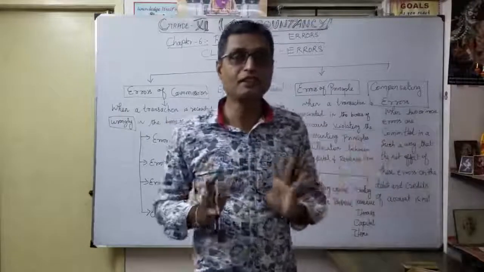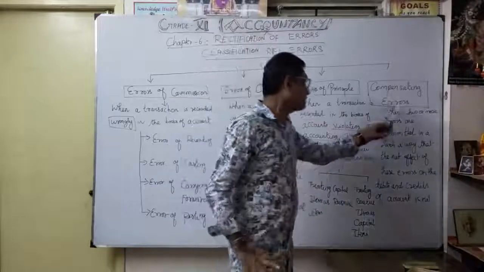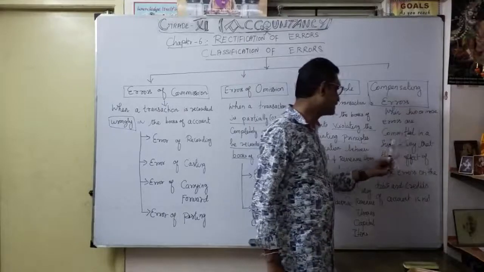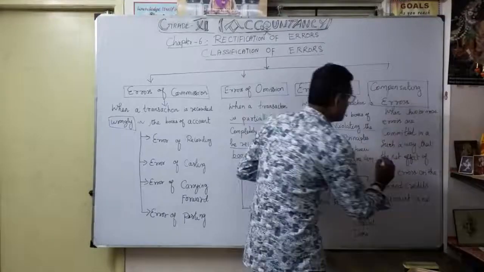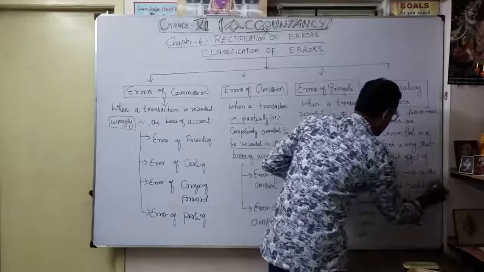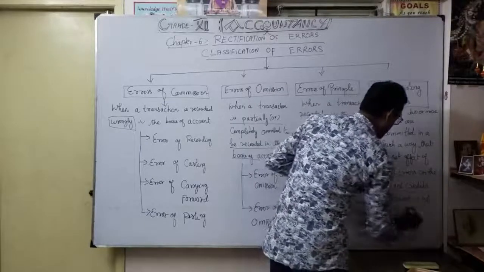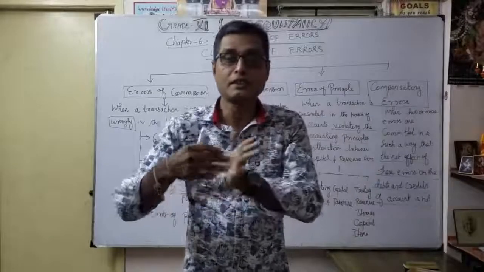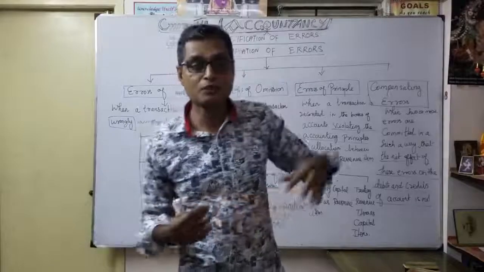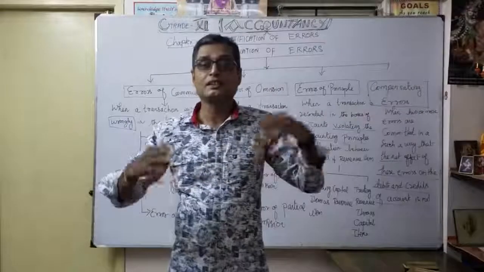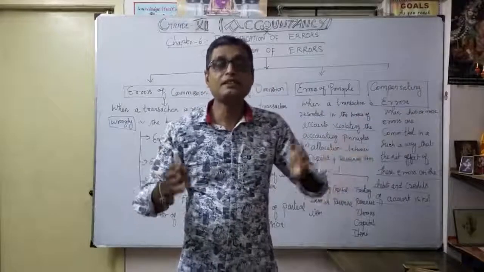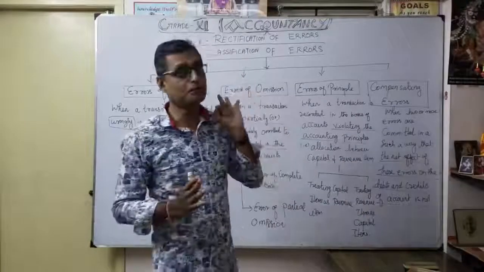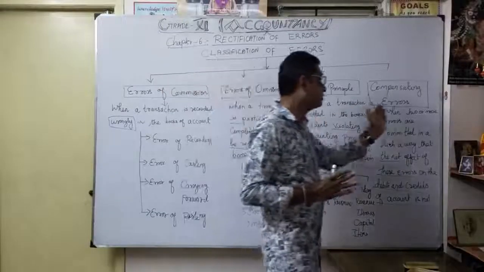So not like that here. So I'm telling an example. What is a compensating error? When two or more errors are committed in such a way that the net effect of these errors on the debit and credit side of accounts is nil. So knowingly or unknowingly, when two or more errors occur, the end net result may be that there is no clear effect in debits and credits. Naturally, it never affects the trial balance. That's why it is not affected in the trial balance. That's what is called compensating errors.